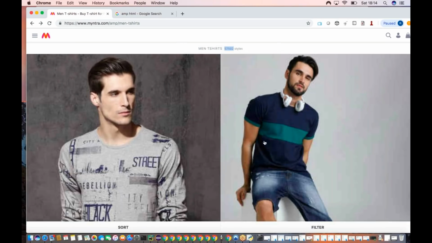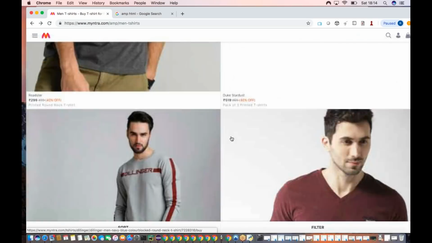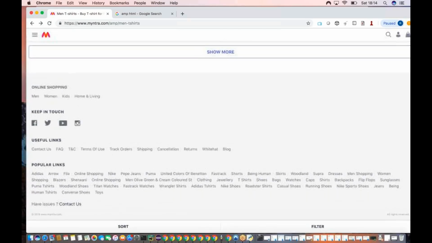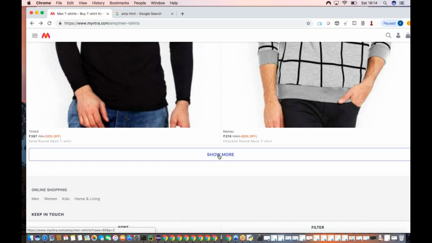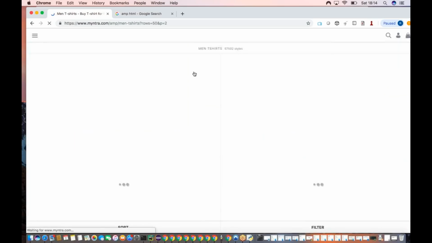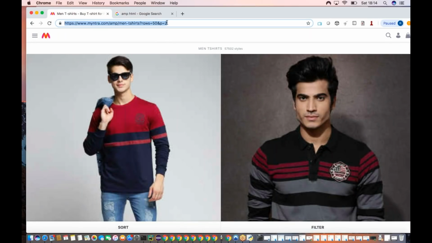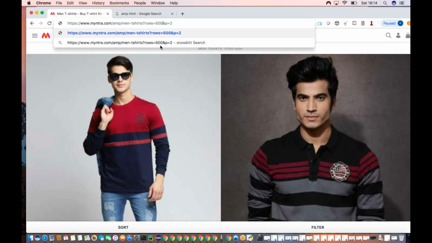For example, see, if you go down, down, down. So this is saying show more. Now how are you going to get the whole data? If you click show more, see it is taking you to page 2. If I change the row value to 500,